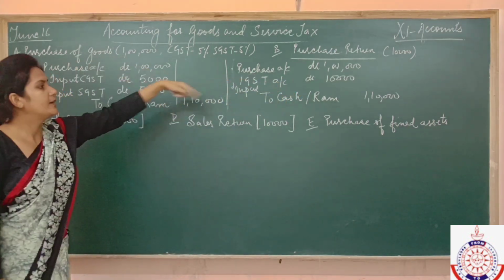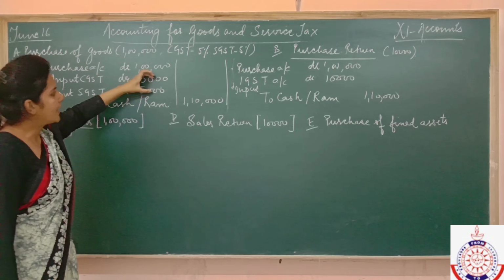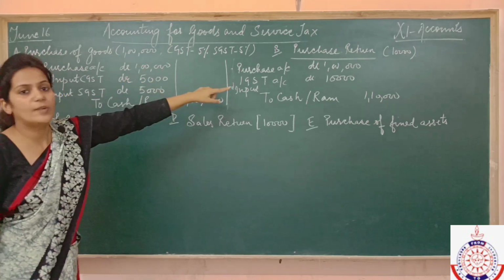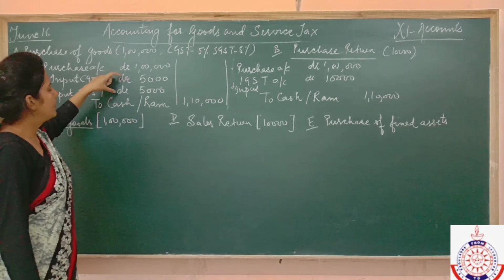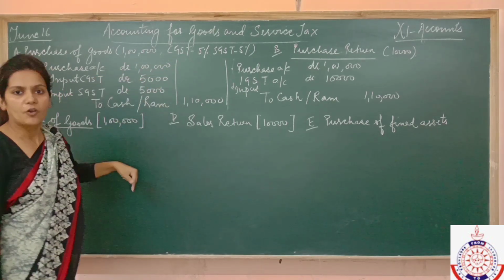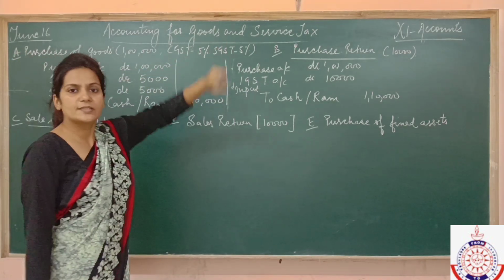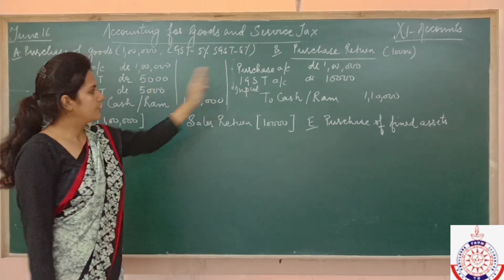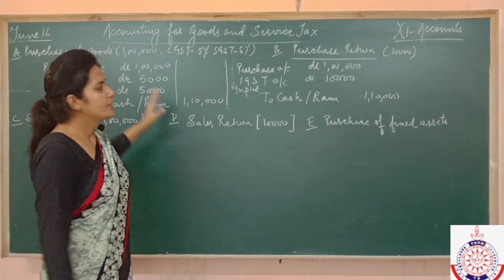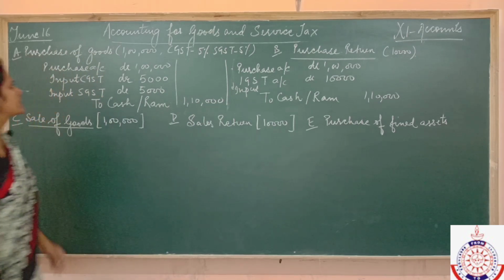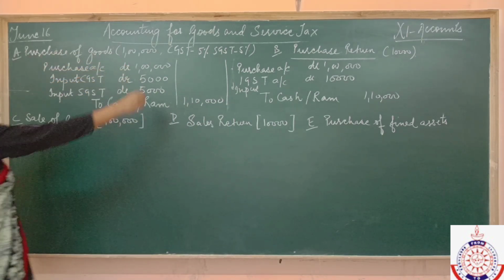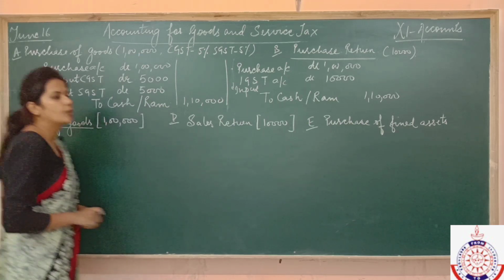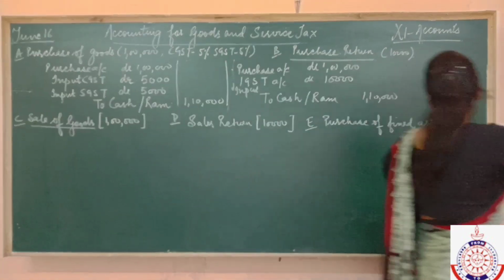So this way we can understand that the value of the tax will remain the same in all the states. Because if you are paying 5%, 5% in your state, then you have to pay 10% in some other state. So the rate of tax will remain the same. So this is the entry for the first point, that is purchase of goods. Fine? Where the value is 1 lakh. Now move to the next point.